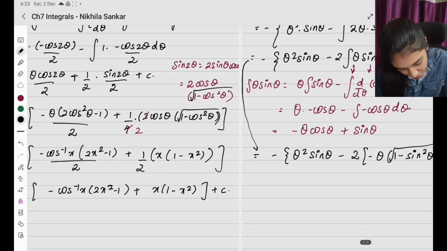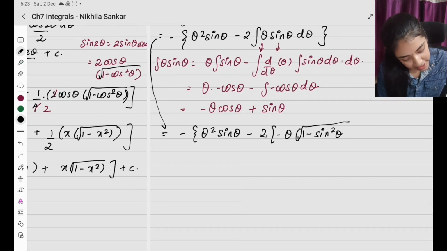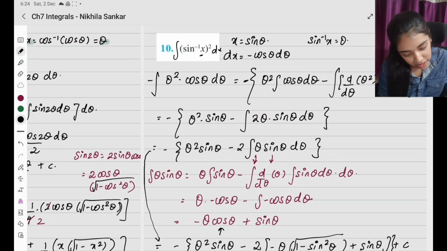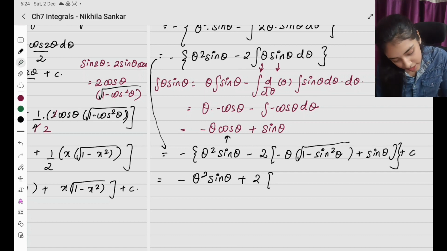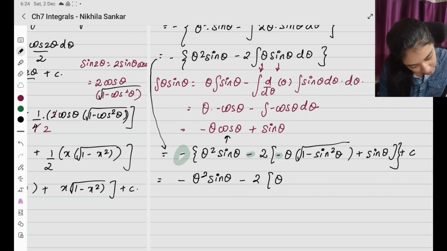So inside the square root and inside the square root. Okay, please remember that. So 1 minus sin square theta plus sin theta, we can directly write, sin theta plus c. Okay, and close the bracket. I can now multiply the minus inside. So I have minus theta square, and I'll first include the minus, so theta square sin theta plus 2 times this, which becomes a plus. You further have a minus, so that will be minus. So I can write minus 2 theta times square root of 1 minus sin square theta plus sin theta inside